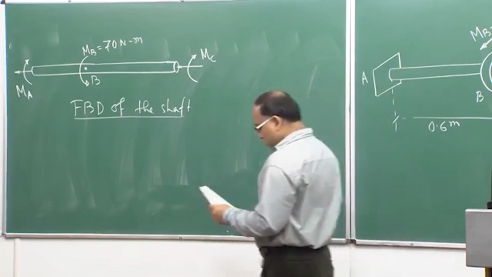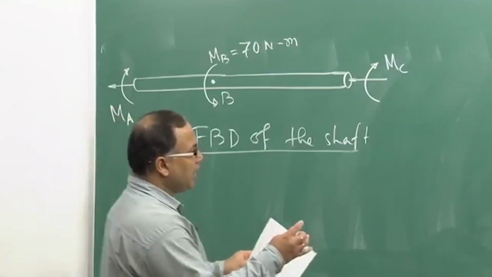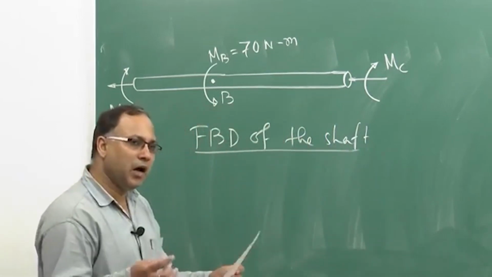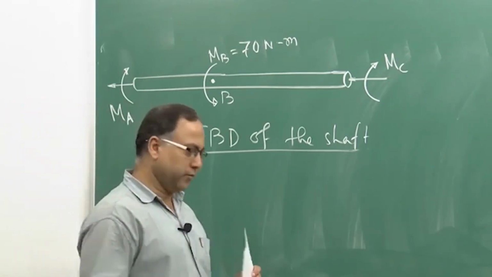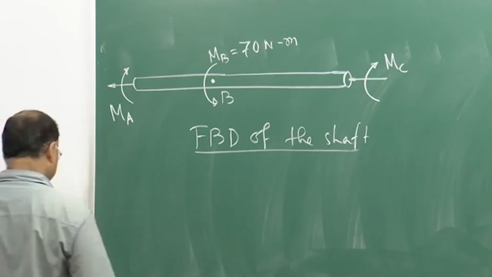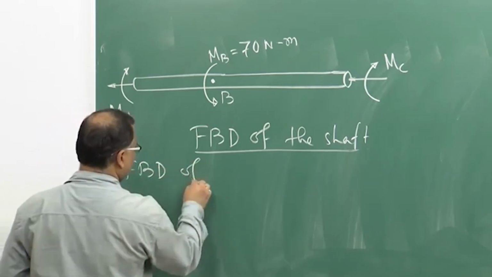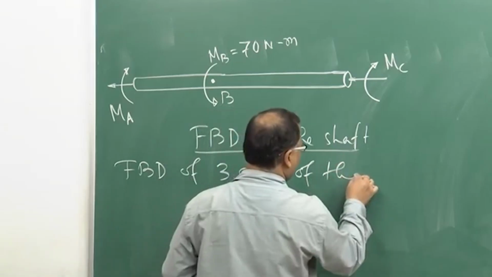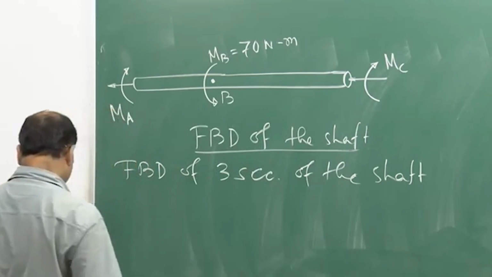Okay. So, now if I try to draw the free body diagram of the part AB and BC separately, let us see how we can get the free body diagram, and from there whether we are getting some clue or not. Okay. So, we are going to draw the free body diagram of three sections of the shaft. Now, we are going to do that. Okay. So, first one is